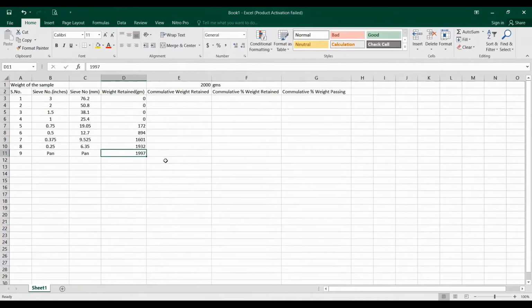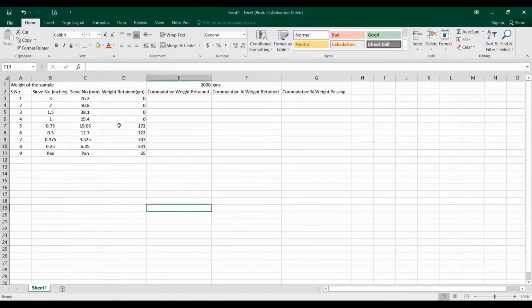So whatever the weight retained, you will get it observed in the lab, so you should write it down. I have to take other values here. 172 grams. The next value is what? 722 grams. Then what? 707 grams. Then 331 grams. Then 65 grams.